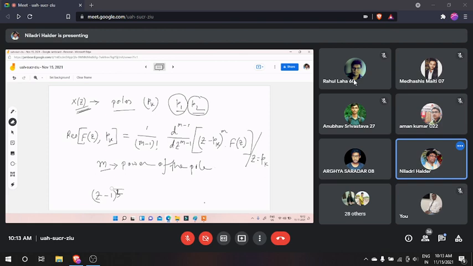Okay, the next, what I have told you, you have to calculate that F(z), and over that F(z) you have to take the residue. So you have to calculate F(z). So how will you get F(z)? Simply F(z) is equal to z to the power n minus 1 multiplied by X(z). So simply it will be z to the power n minus 1, and if we put the value of X(z), it will be z to the power n minus 1 into z over (z minus 0.75)(z plus 0.5), so z to the power n over (z minus 0.75)(z plus 0.5). Up to that clear?